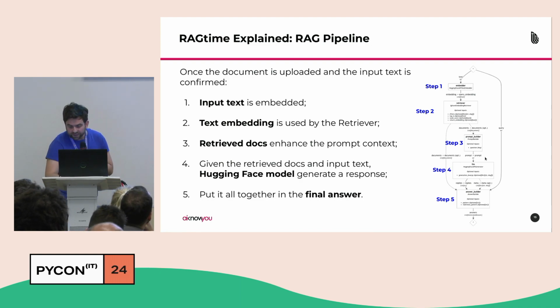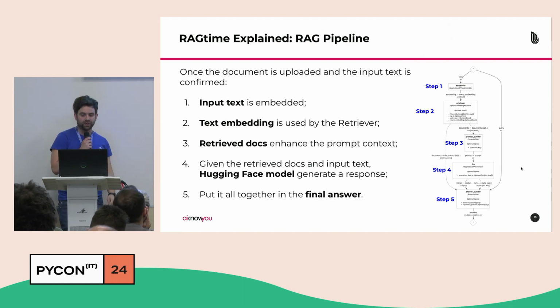model. Here you can see that there are two phases where I call Hugging Face: here in the embedding part with the Hugging Face API text embedder, and here in the Hugging Face API generator. Then all these things are put together: the reply of the LLM, the documents of the retriever, the initial query, and the answer builder, which is another component, puts it all together and passes it to the final user.